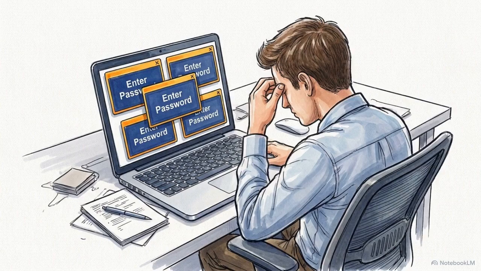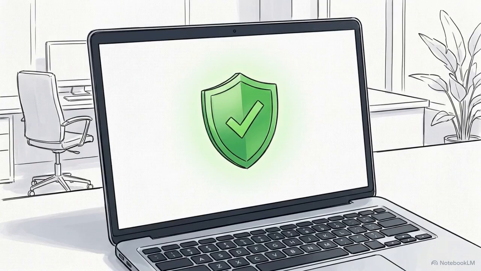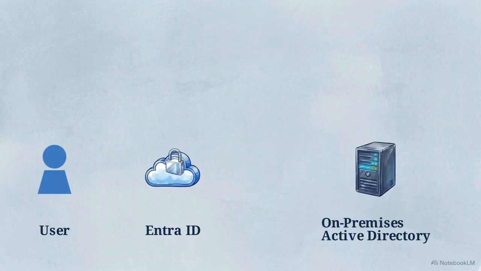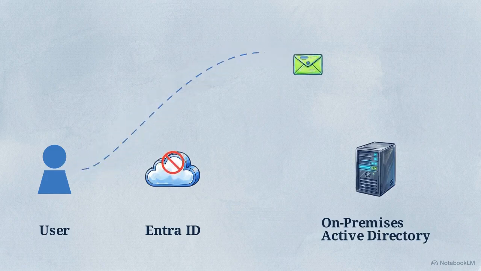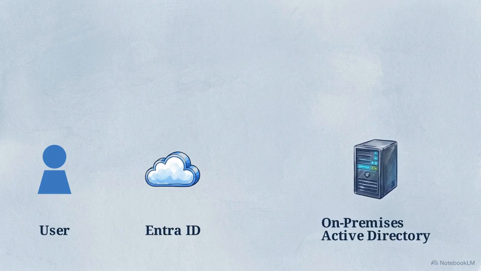Eliminating constant password prompts across local and cloud applications removes friction for your end users. It also reduces password fatigue, closing down the most common credential-based attack vectors in a hybrid network. Pass-through authentication does not sync your user's password hashes to the cloud. Instead, when a user attempts to log in, the authentication request bypasses Entra ID entirely and is validated directly against